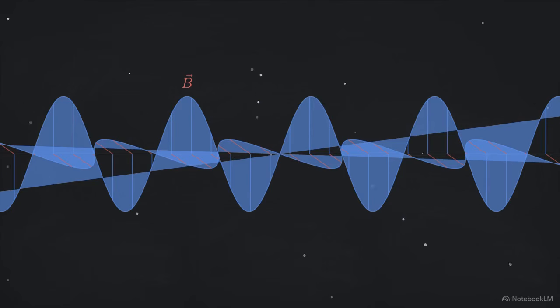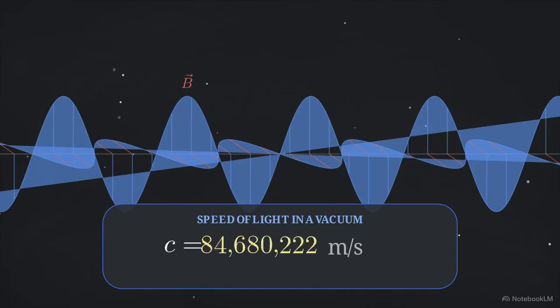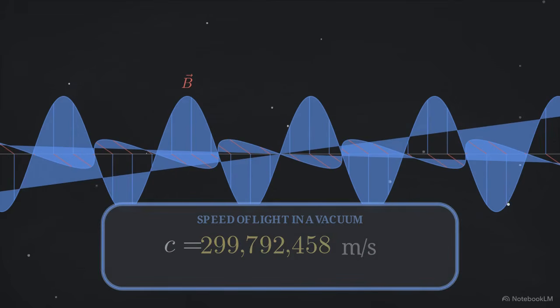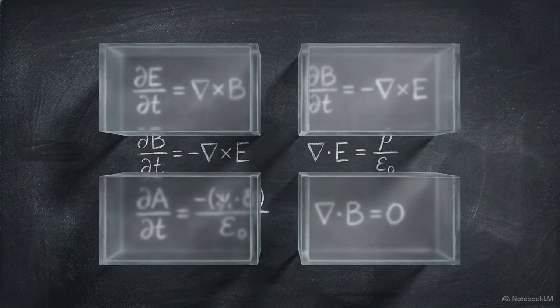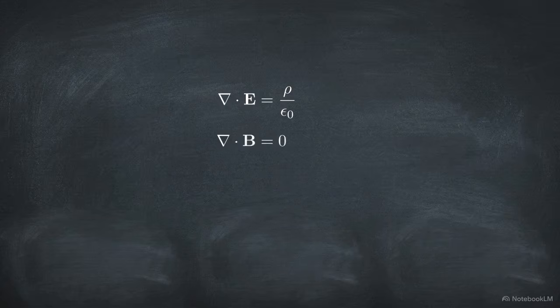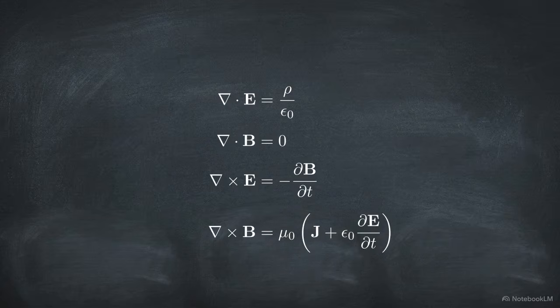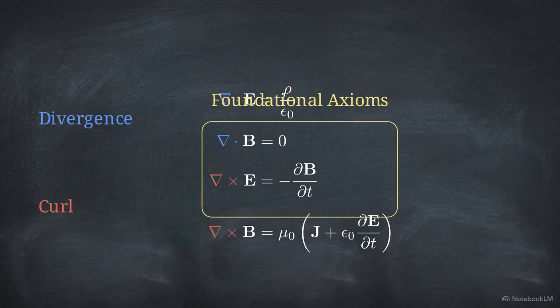In a vacuum, this radiation propagates at an absolute invariant velocity of roughly 300 million meters per second, the speed of light. Without matter to physically push against, an oscillation must occur within another physical mechanism to transport this energy across the observable universe. Electromagnetic self-propagation is a geometric requirement dictated by 4 specific coupled mathematical rules. These are Maxwell's equations expressed here in their modern differential vector form. They serve as the foundational axioms of classical electrodynamics.